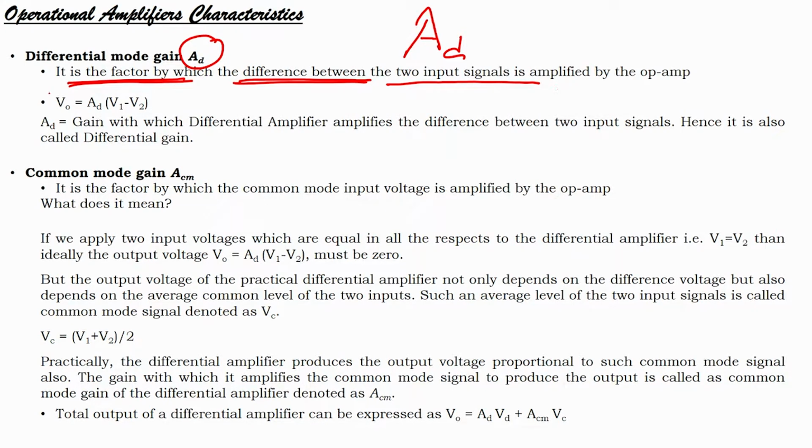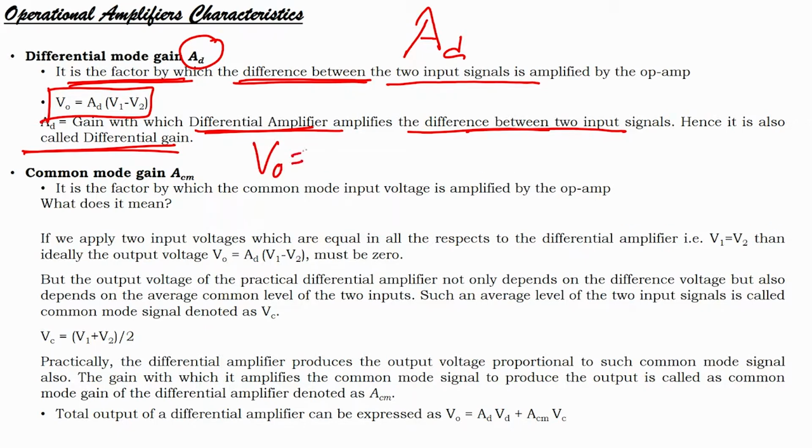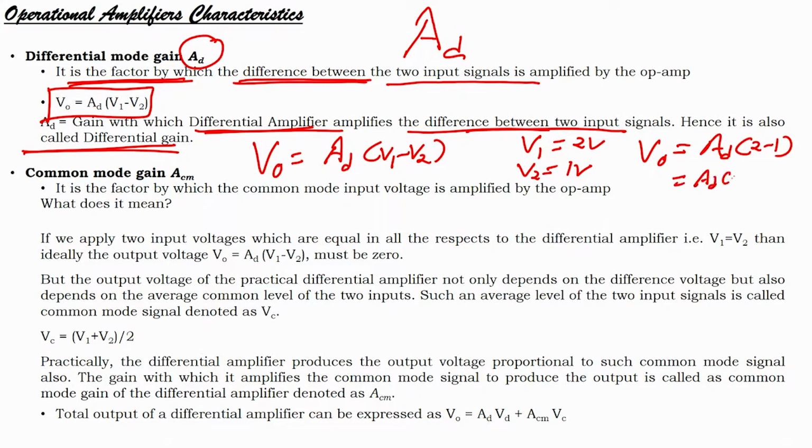If VO equals AD into V1 minus V2, AD is the gain with which the differential amplifier amplifies the difference between two input signals, and it is also called differential gain. In this case, if my V1 is 2 volts and V2 is 1 volt, then my VO is AD into 2 minus 1, that is AD into 1. Whatever the gain AD is, my difference voltage is amplified by that gain,